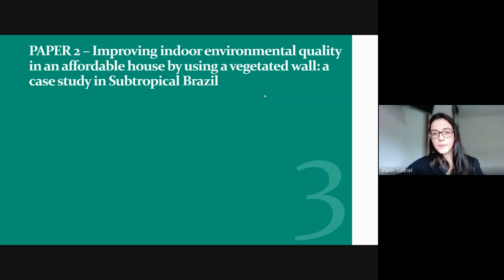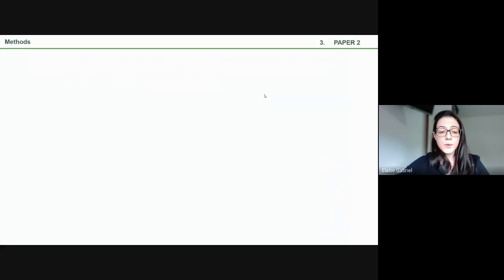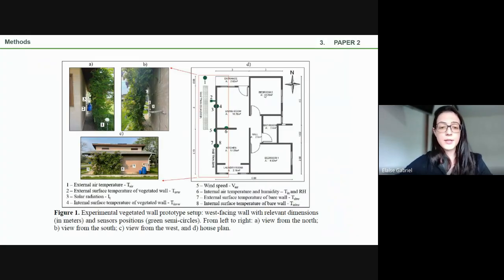So for the second paper, it is entitled Improving Indoor Environmental Quality in an Affordable House by Using a Vegetative Wall. This paper has not been published yet, but it is intended to be submitted to the Building and Environment journal. In this paper, we analyzed the heat flux balance through two walls, a vegetative wall and